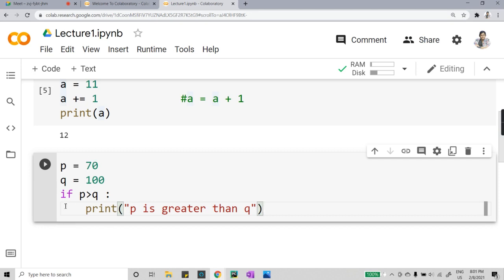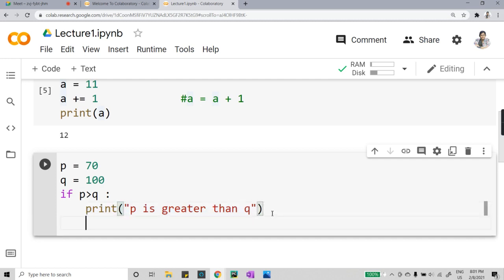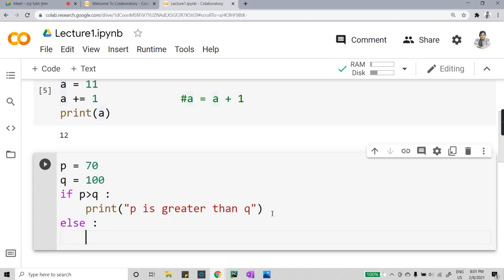Here I have used a condition, if p greater than q. What I mean is that if the value given in p is greater than q, you need to print p is greater than q. And if this condition is false, I would write else, and inside it print q is greater than p.